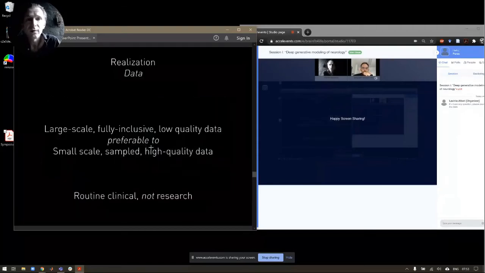So in terms of actual realization, well, if we're demanding huge scale, then it's inevitable that we'll have to abandon the idea of using research data, or certainly not exclusively research data. The only way here is to use the large-scale, fully inclusive, low-quality data that comes from routine clinical care. And what's crucial here is that provided the model is right, that will actually be preferable to higher quality data that is of smaller scale and that is biased. So actually clinical data is ideal for this kind of modeling, and it's probably the best, but indeed the only